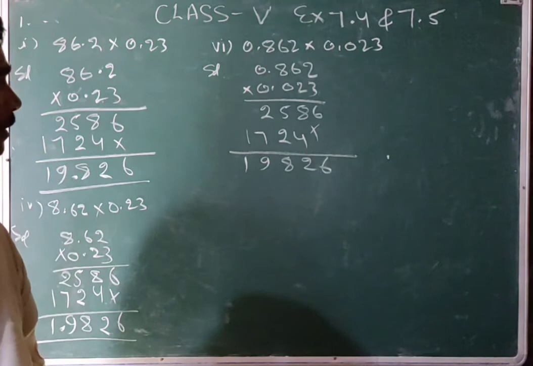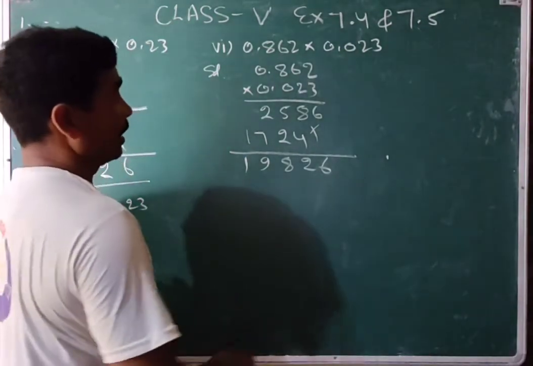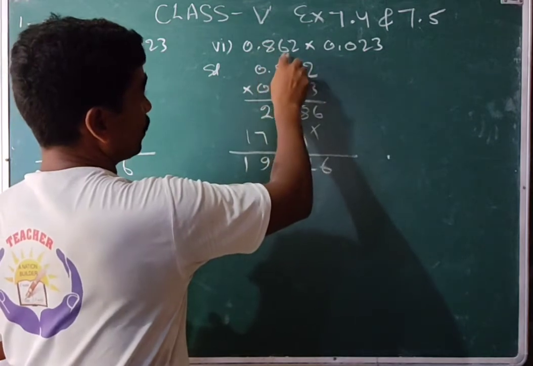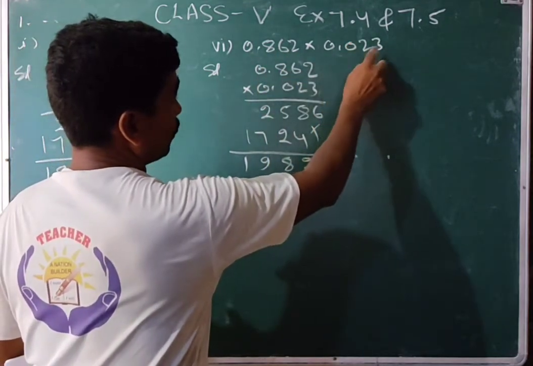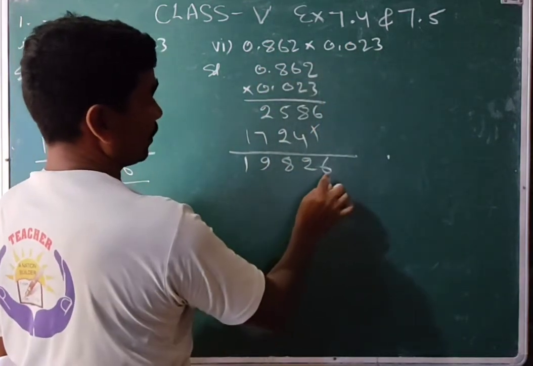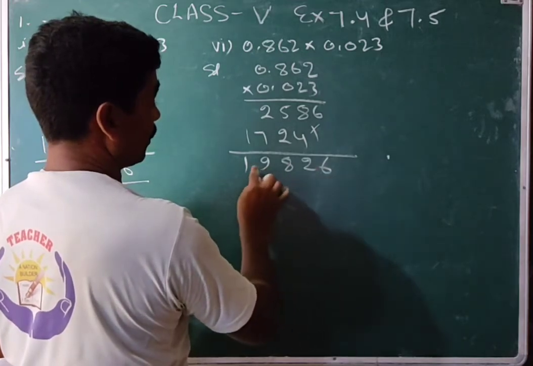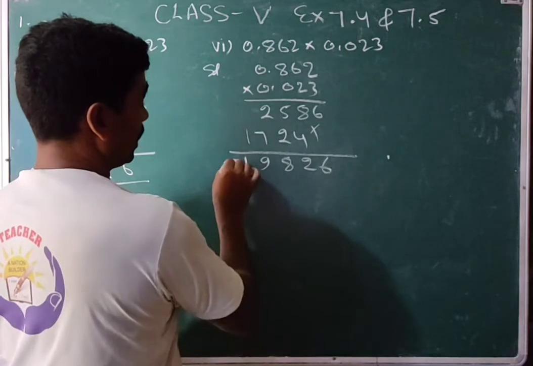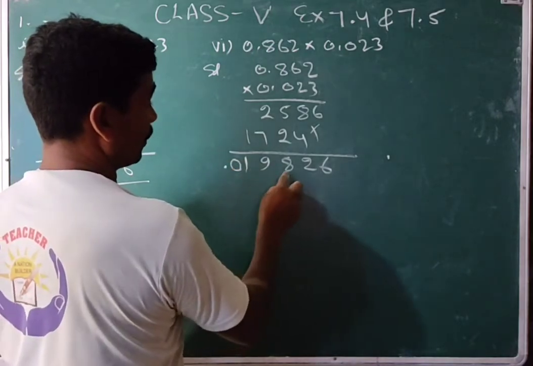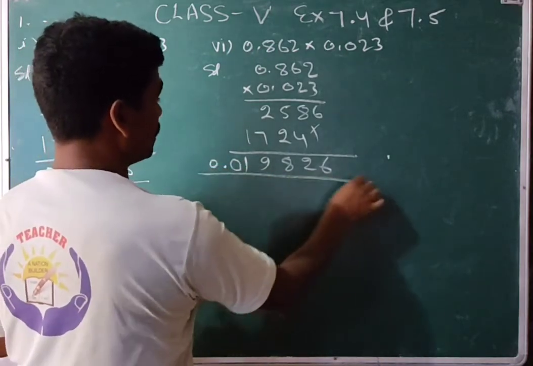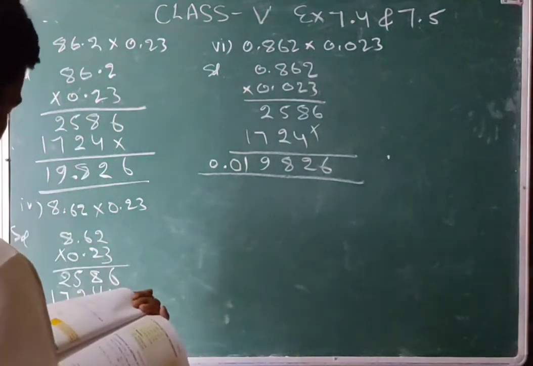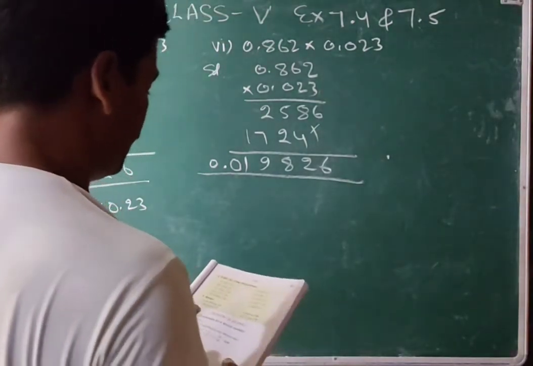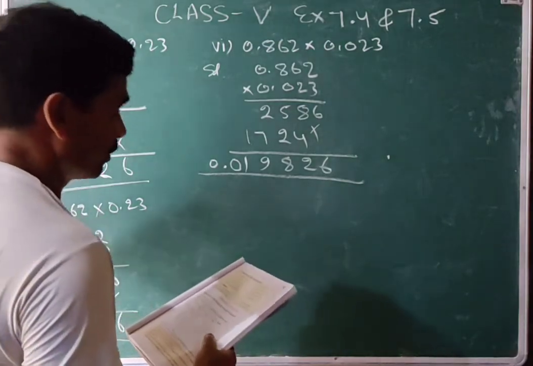And then we will count the digits after the decimal. That's 1 2 3, 1 2 3. It means 6 digits. So we will count from here 1 2 3 4 5 digits only are here. So first of all we will put the 0. Now that is 6 digits, 1 2 3 4 5 6, and then this 0 comes naturally. And then the second question, fill up, you can do, no problem, it will be here also.